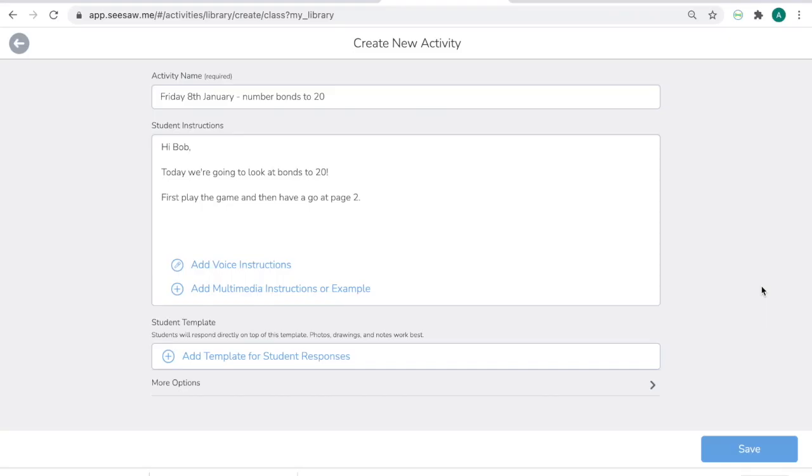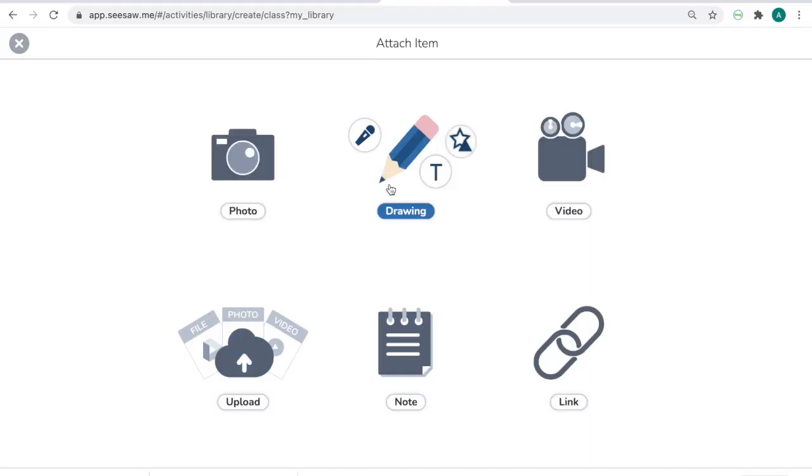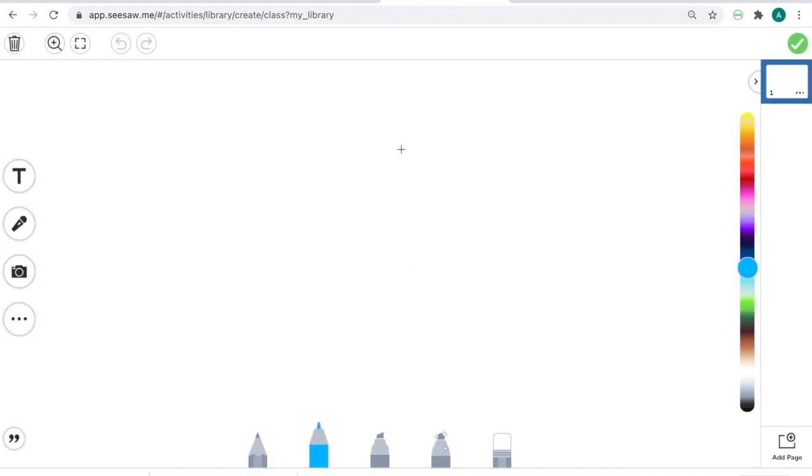So to create an intervention activity, pop in your title with the date at the front, give them a little message to the child or group of children. Definitely add voice instructions so they get to hear those instructions as well as read them. Probably wouldn't bother with a multimedia example for intervention work, so just go straight to add template and we're going to give them a little game to play followed by an activity to do. So first thing,